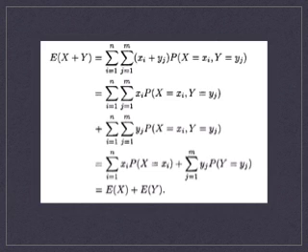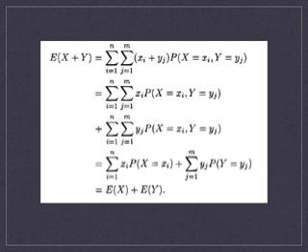1. Let x1, x2, x3, and so on until xn be the values that X takes with a positive probability, and let y1, y2, y3 until ym be the values that Y takes with a positive probability. Then the expected value of X plus Y is equal to the double summation, with the outer summation over index i from 1 to n, and the inner summation over index j from 1 to m, of xi plus yj times the probability that X equals xi and Y equals yj,